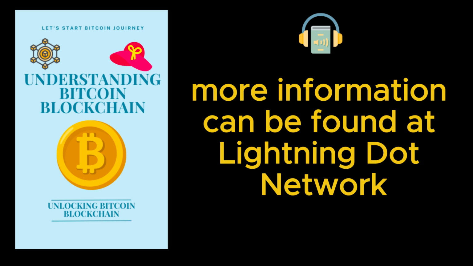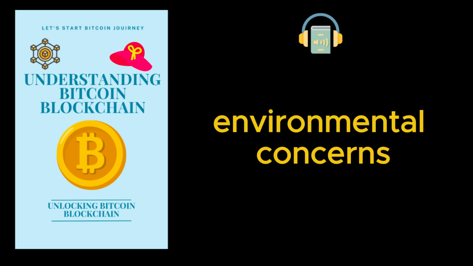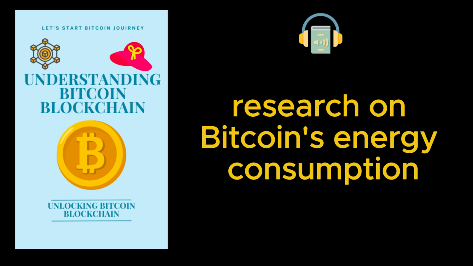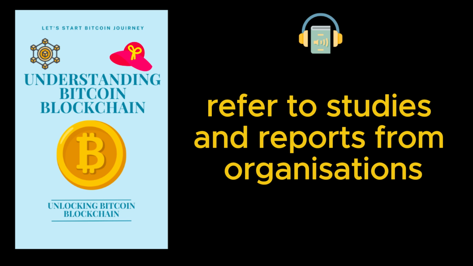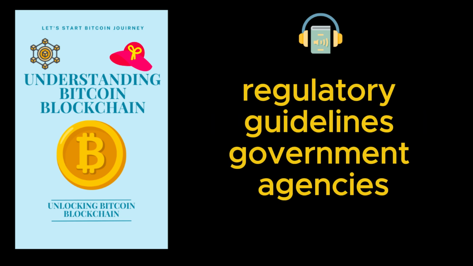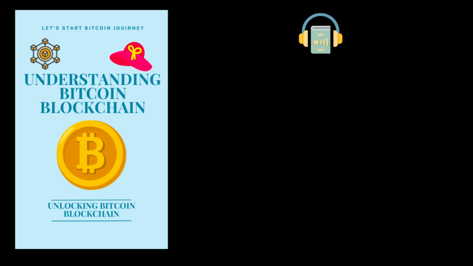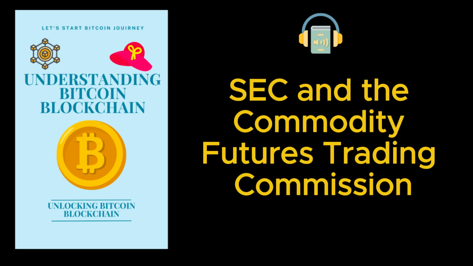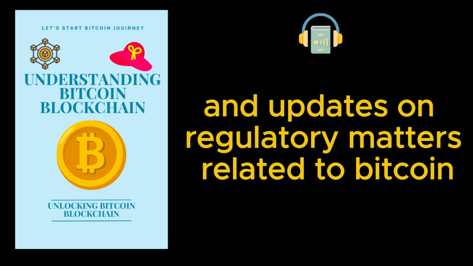Lightning Network, a Layer 2 protocol designed to enhance Bitcoin's scalability by enabling fast and low-cost transactions. More information can be found at lightning.network, https://lightning.network. Environmental concerns. Research on Bitcoin's energy consumption and carbon footprint is ongoing. Refer to studies and reports from organizations such as the Cambridge Center for Alternative Finance. Regulatory guidelines. Government agencies such as the U.S. Securities and Exchange Commission, SEC, and the Commodity Futures Trading Commission, CFTC, provide guidelines and updates on regulatory matters related